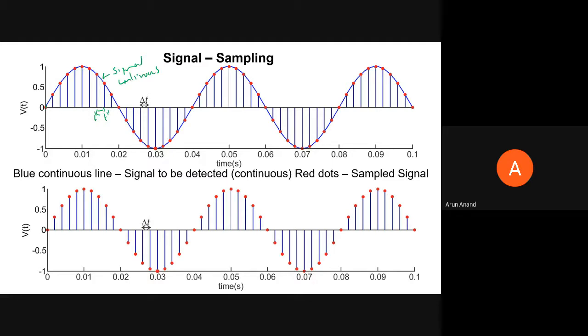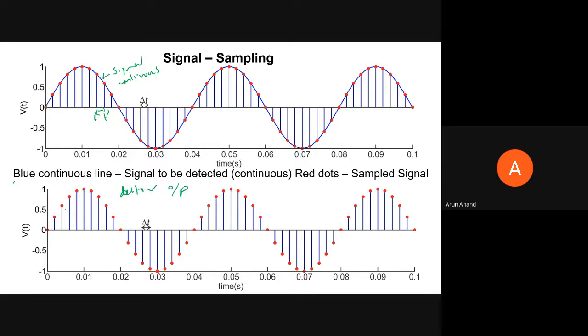So the signals you see are basically samples. This is like your population and samples in statistics. Population is all the values and samples are randomly selected from the population. It's like this, and in the case of signals also. You might have a continuous signal, but when you sample it, when you detect it, it becomes discontinuous. So what you basically sample, the detector output, is something like this.